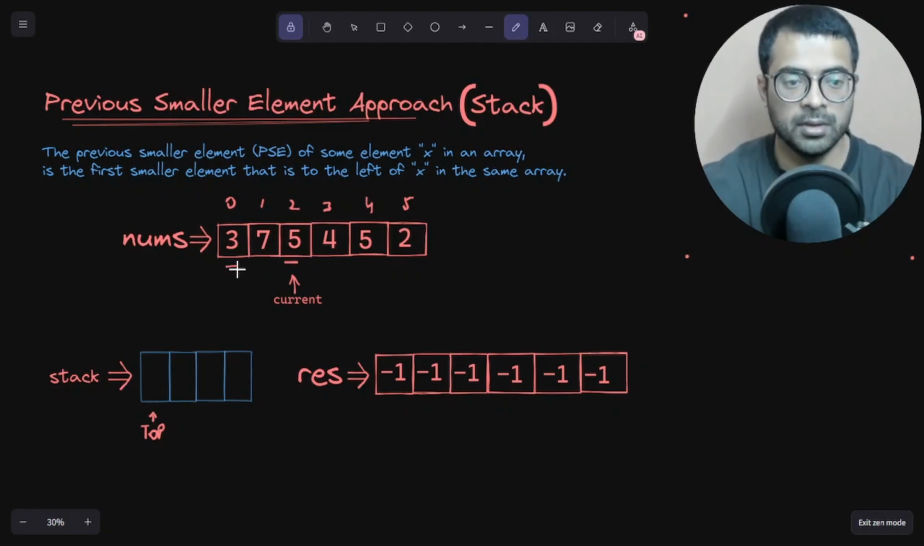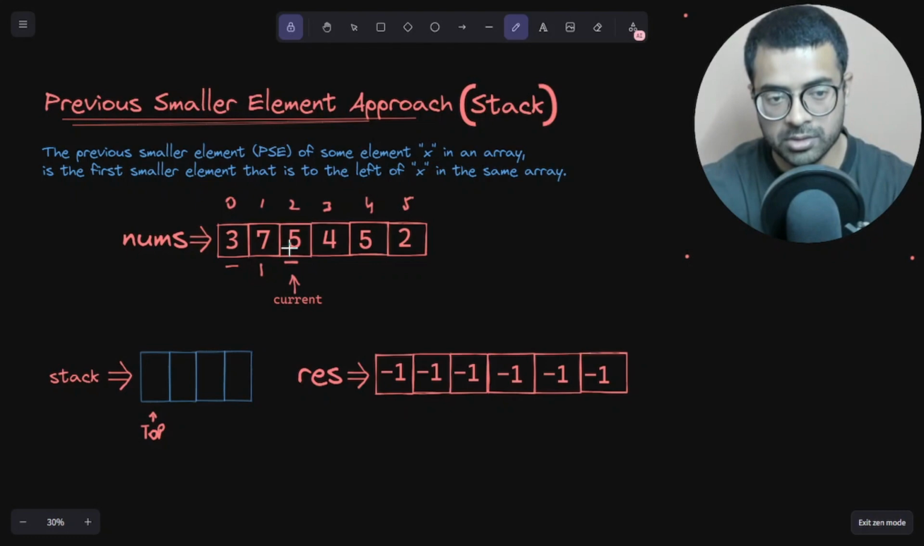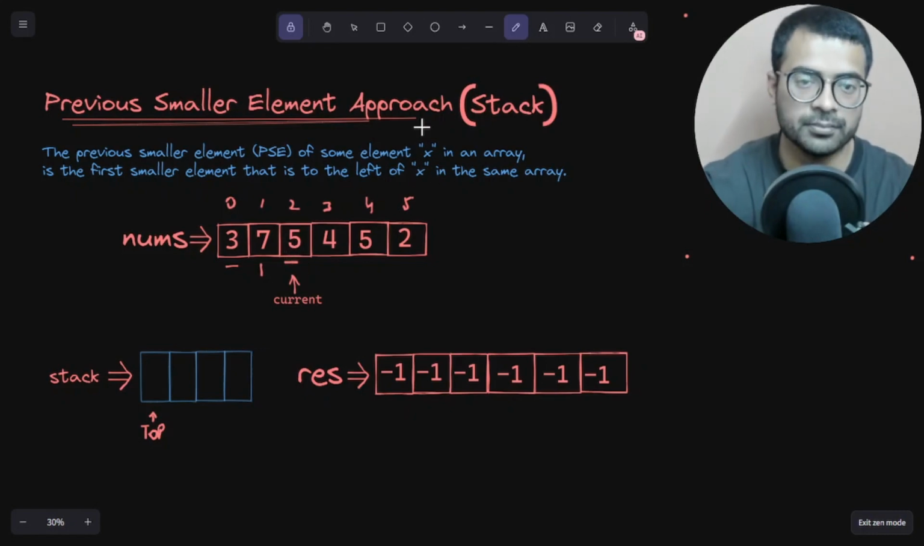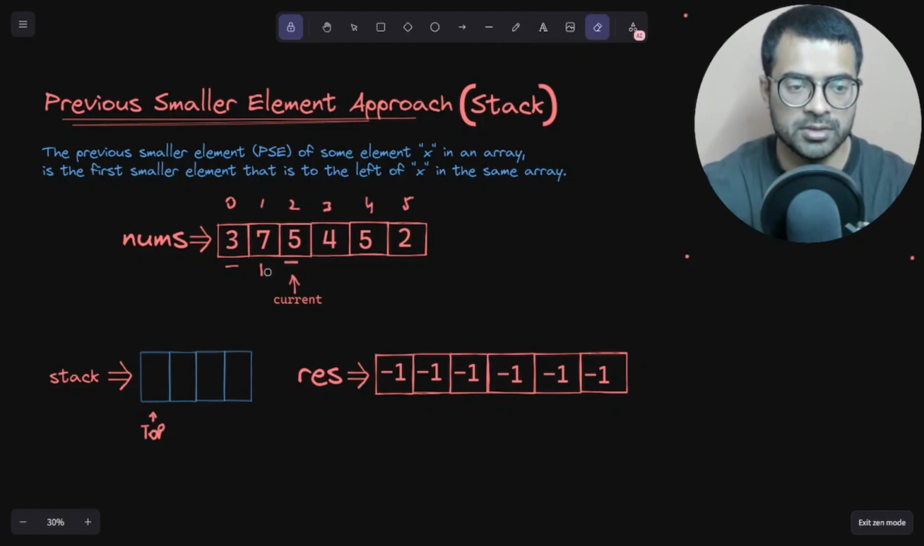For example, here we have 7, which is greater than 5, so we will not include it. But if rather than 7 there was 1, we would have included 1 instead of 3. Since 7 is greater than 5, we have included this 3 as the PSE. This is the previous smaller element than 5, considering 5 as x. So it is a very simple question and a very simple approach,